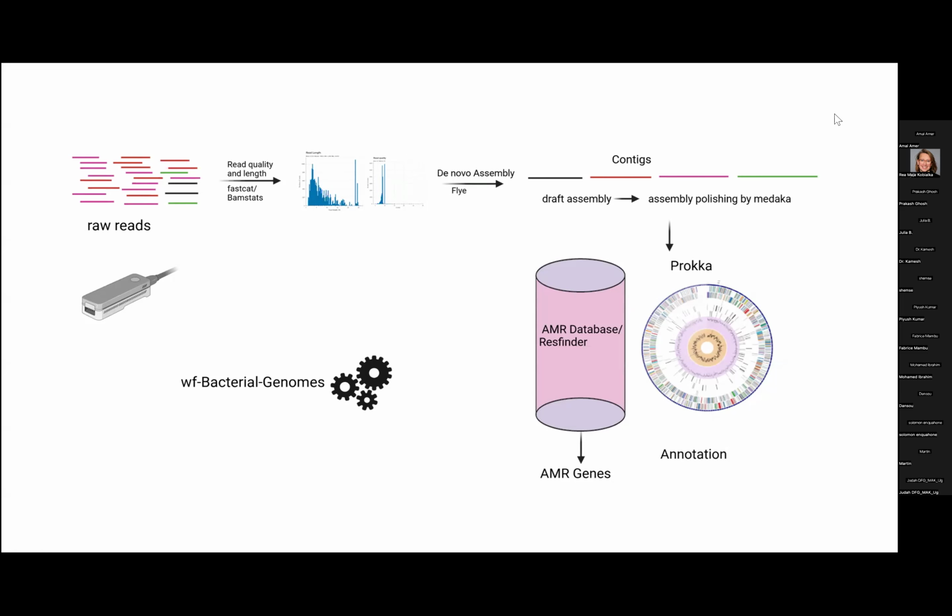that is called Medaka that is only for long reads. So all of these tools are made for long reads, and then after the polishing of the assembly, we'll get more accurate assemblies, and then the assembly will be submitted to different